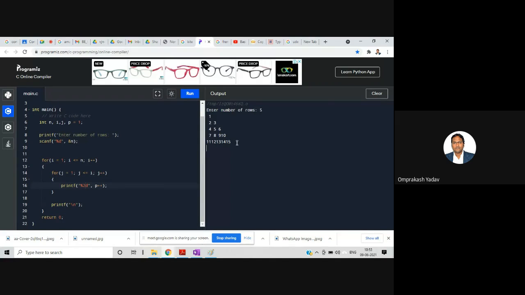With the two, we are getting it this way, and that is okay. But with the three, it's distorted. Yeah. So with the three, we are getting it proper.